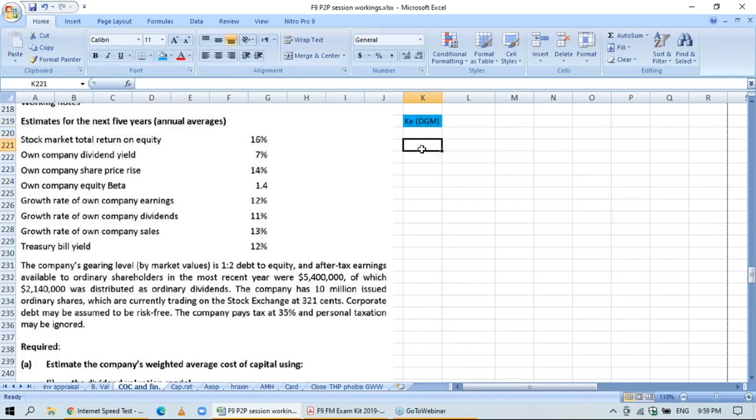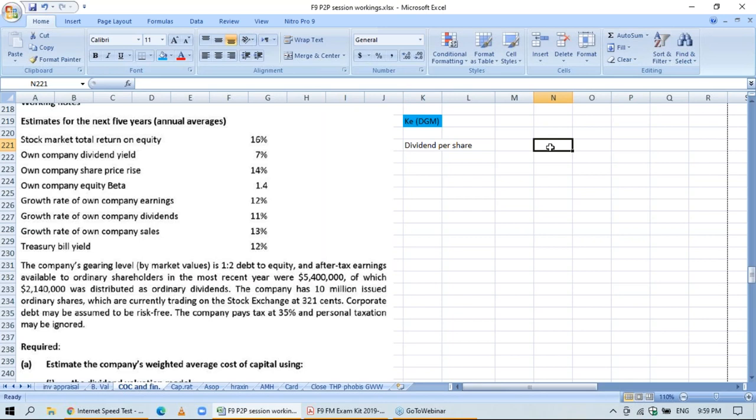Let me first calculate the dividend per share. So the dividend per share in this question is